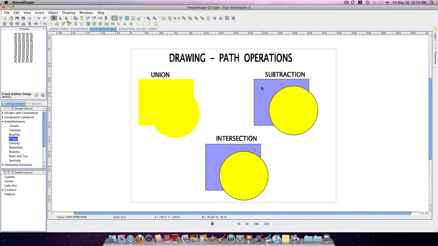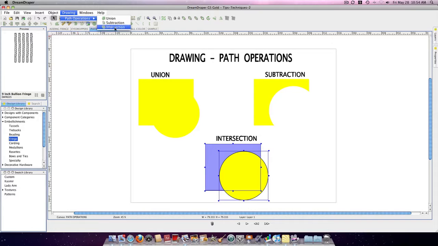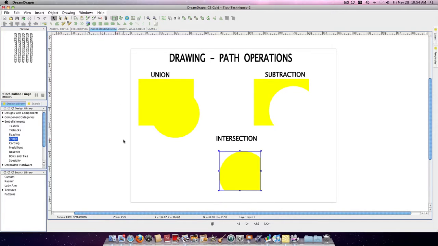Let's try subtraction. Click on the square and click on the circle. Click on Drawing, Path Operations, Subtraction. The circle will cut its shape out of the square. Intersection. Click on the square, click on the circle, drawing path operations intersection. Pretty neat, huh? Now, let me show you how we can use the drawing path operations to create our walls on a digital photo